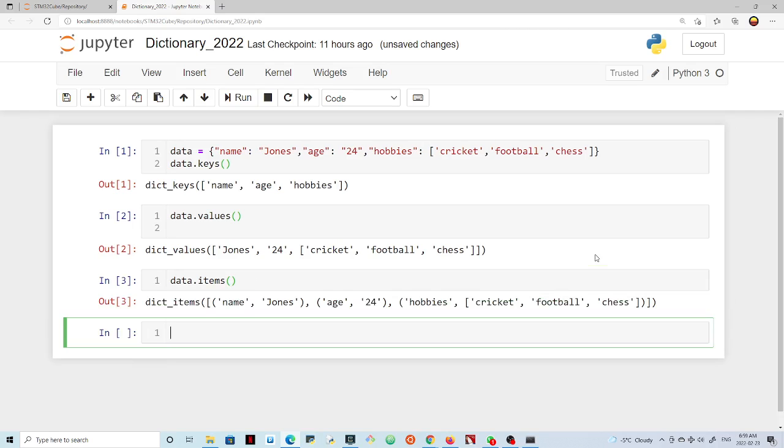this gives me a list here, right, of the key value pairs, but it's like a set of tuples, right? Okay, so we did three things here. We can do keys, values, and items. Now what if we want to convert, let's say, the keys, which are in the form of parentheses? Let us see, can we convert it to a